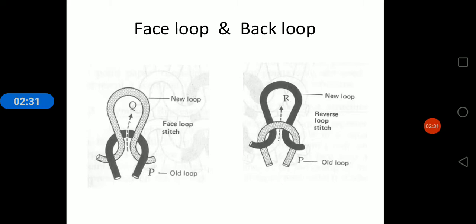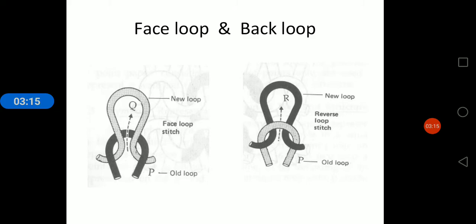Here we can see in the figure the new loop system. The loop system is in the form of a typical size, like the new face loop stitch and the old stitch. The top of the new loop is called the head. The direction along the edge of the new loop downwards is course wise, and the other is wale wise. When the two legs are showing toward us, it is called a face loop.